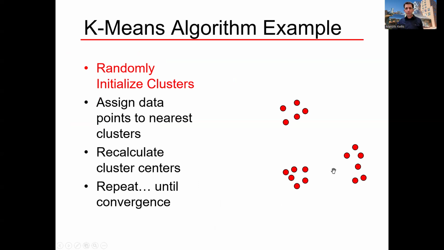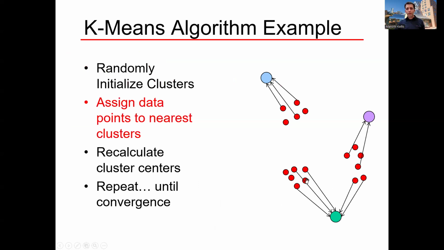Let's see what that looks like. So I've sampled some points without knowing which distribution generated each of them. I randomly throw 3 centers. Yeah, this one, I may have cheated. I've put it very close to those points. But this one is sort of exactly halfway between those clusters. So what's going to happen? Let's run the algorithm. First, I'm going to assign every data point to the nearest cluster.